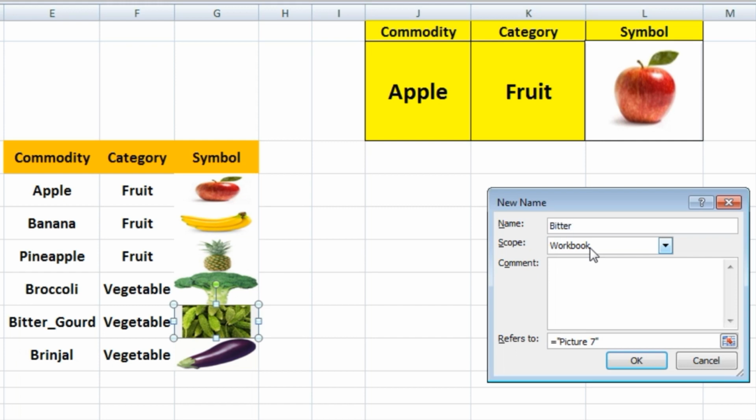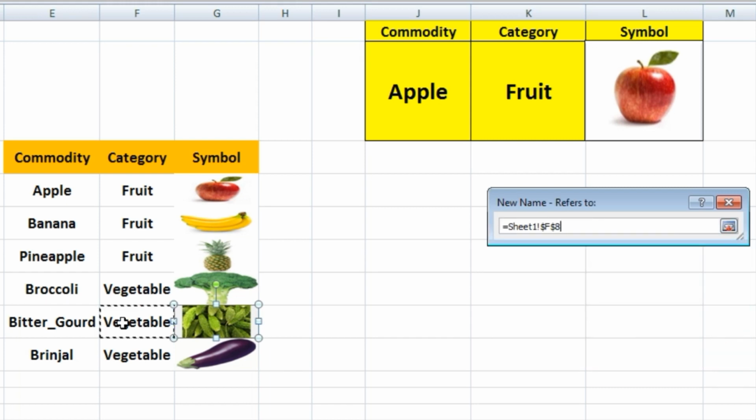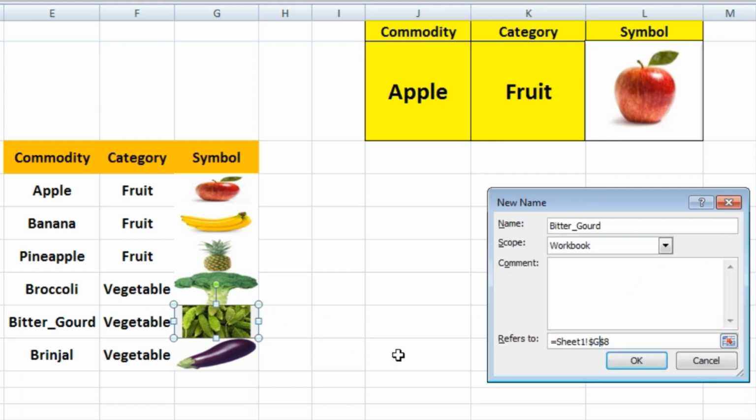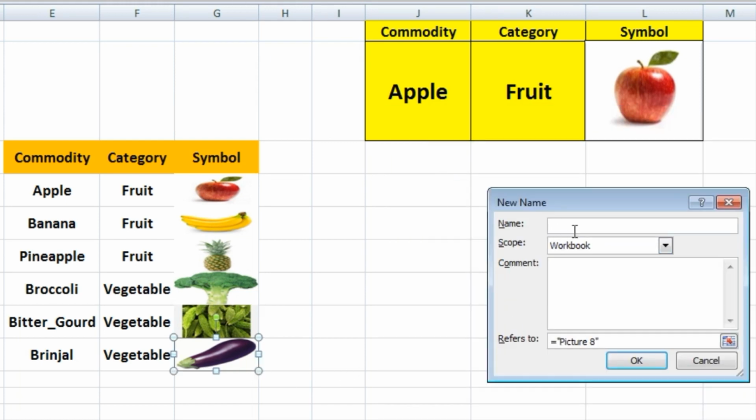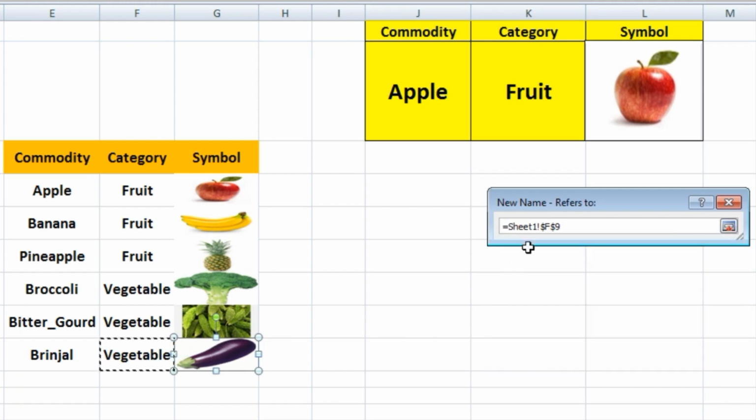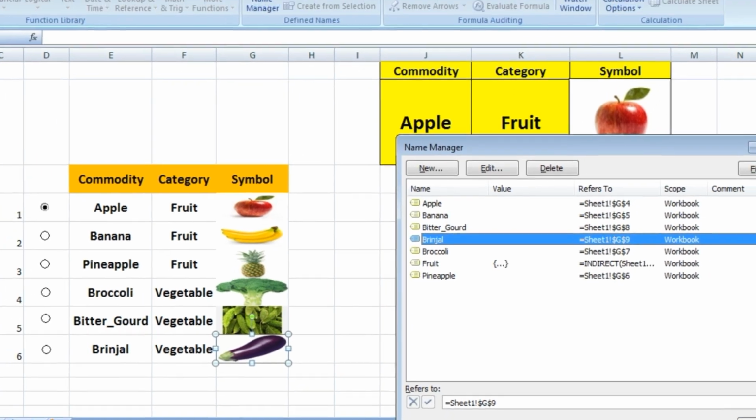One more thing: use an underscore if there is a space. In bitter gourd there was a space, so I used an underscore. G8 I have to do manually because we cannot select the image portion by this. Close, and the last one, New, this is brinjal, G9. Close.